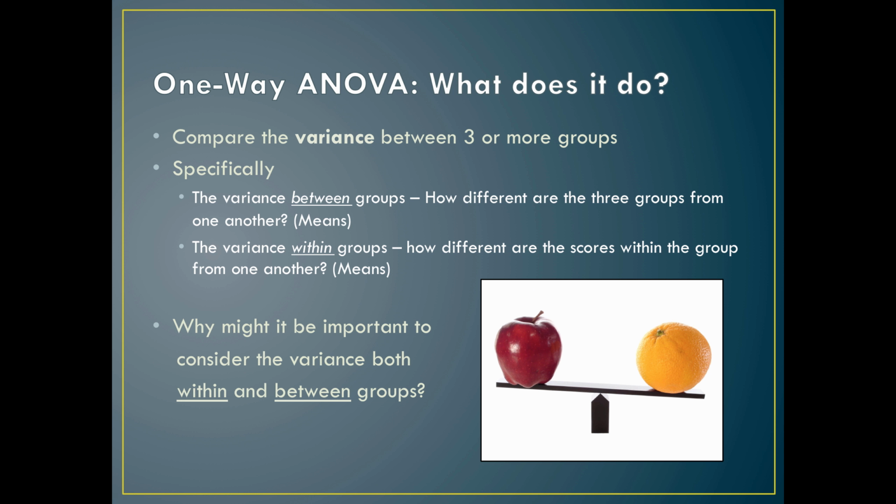So what does it do, and how does it differ from a t-test? Remember the formula for the t-test, that it was x bar 1 minus x bar 2. So essentially you were subtracting the mean of the one group from the other one, and you were adjusting for any possible variance between the two groups. And if their means were significantly different, then you would conclude that there are significant differences between the two